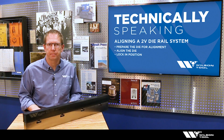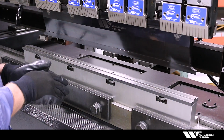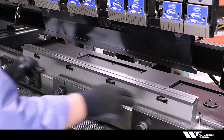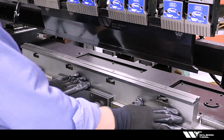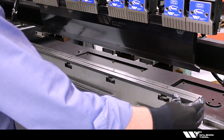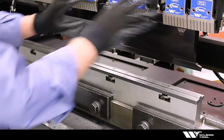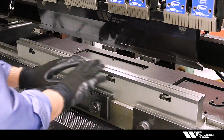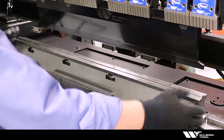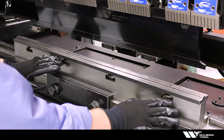So let's get started. Okay, so here we have a typical setup for a European 2V die system. We have what we call a die holder, a die rail, which is what floats to provide the alignment, and then we have a punch that's fixed into the upper beam of the machine. The die will sit on this die rail. We will bring the punch into the die to create the alignment, and then we will lock it into position